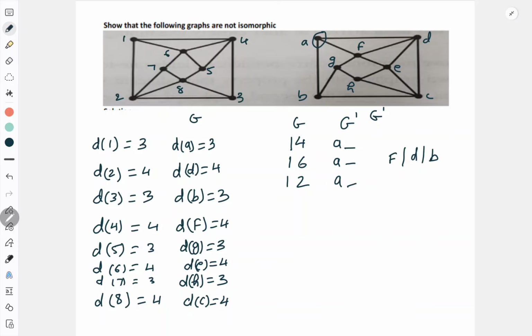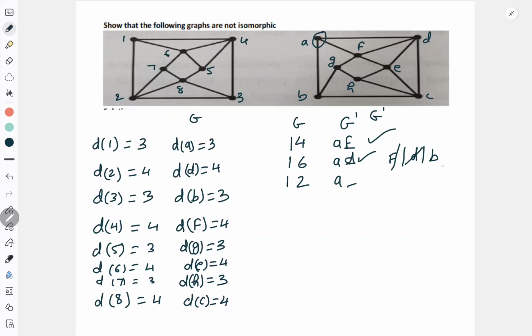Now degree of 4 is how much? 4. So degree of F is how much? 4. So I can write here F. So I have no issues with this, and F is ruled out now. Now go to 6. Degree of 6 is 4, so I should put here a vertex which has degree 4. Now B and D, does anybody have degree 4? So let me check. The degree of D is 4, so I can put here D. Okay, so D is also gone, and this is also correct.